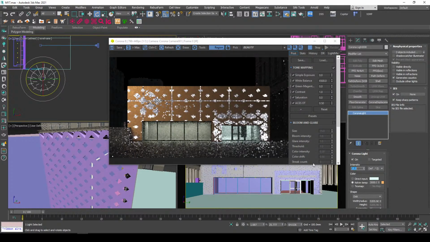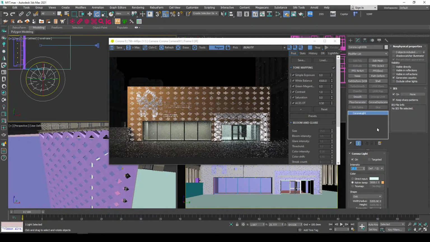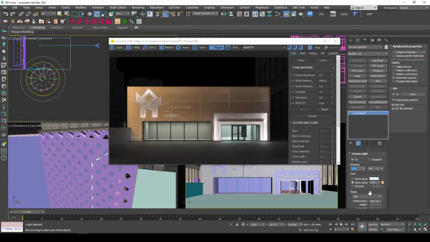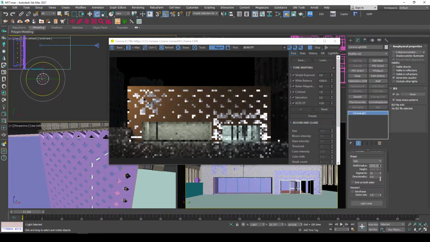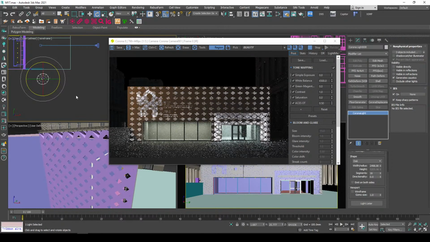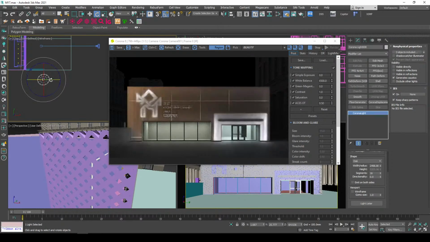So I'm increasing the intensity. Alright. So decreasing the, yep, because if we have it showing up too much, and